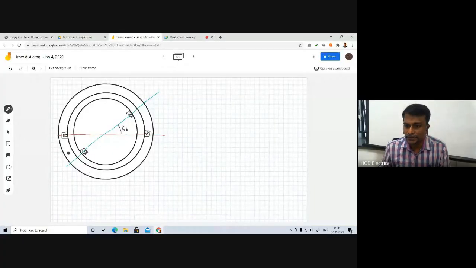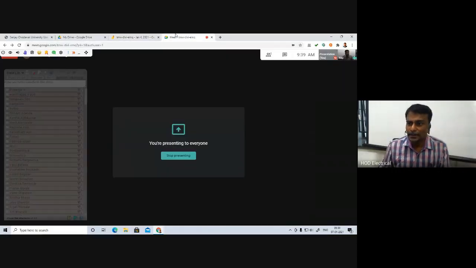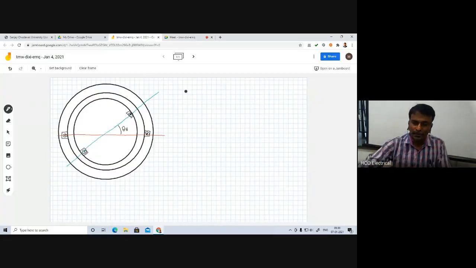So we have done like this. There is a stator axis. This is the rotor reference axis. Then the angle between this rotor and stator reference. Why am I saying this is the rotor reference and this is the stator reference? See here, current is entering this side and the current is leaving from this side. In the stator, current is entering here and leaving here.